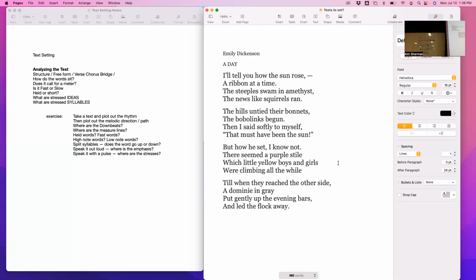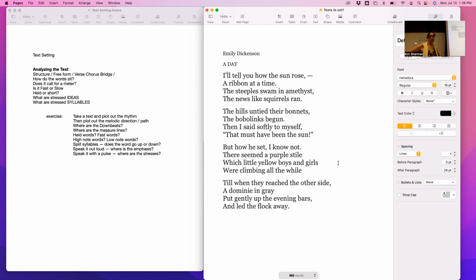Now, let's talk about who's speaking. Who's singing? Someone who saw the sunrise, right? This morning we talked about all the different voice types: soprano, alto, coloratura, tenor, countertenor. I feel like the wife is explaining to the husband this magical sun that I just saw, like on a random walk.